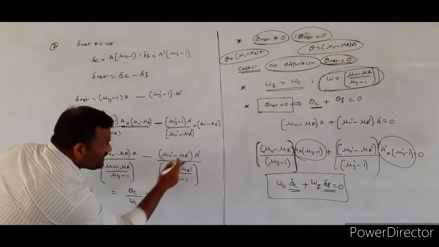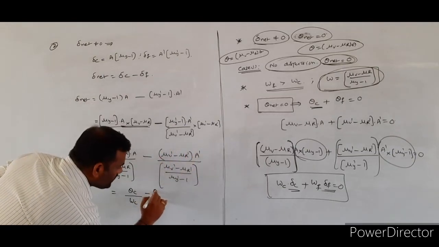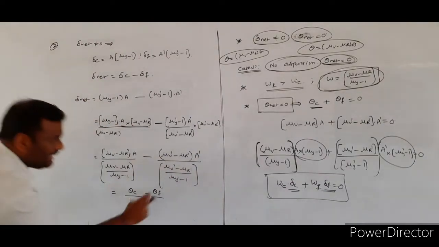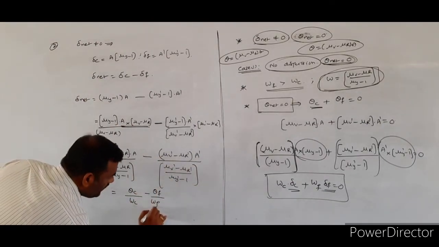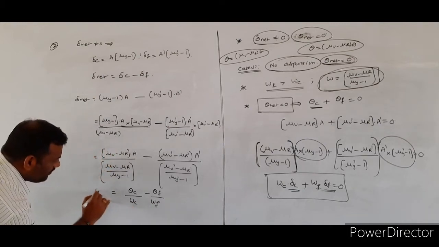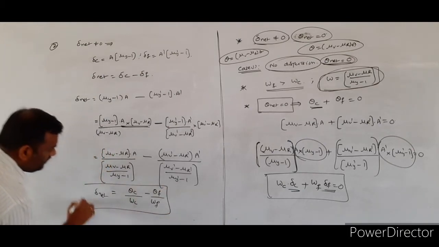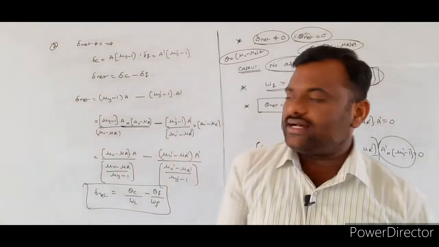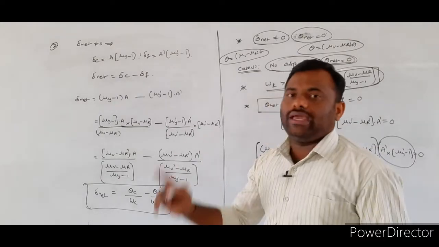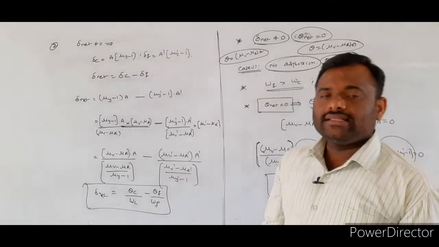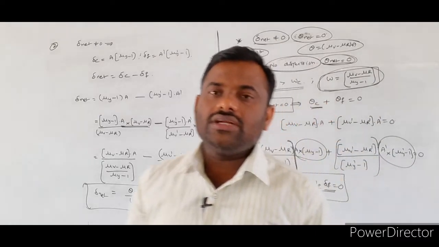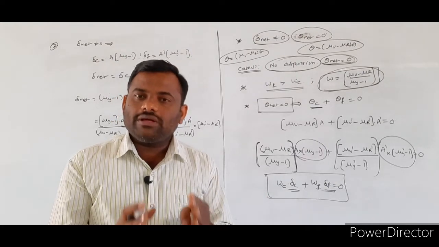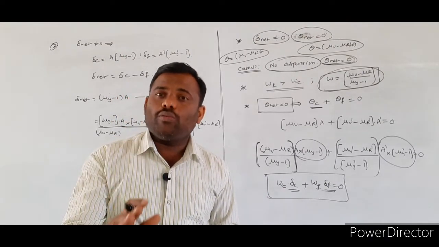Similarly, this term will be indicating what? Angular dispersion for the flint glass. This value will be indicating what? Angular dispersion for the flint glass, and this denominator term will be indicating what? Dispersive power of the flint glass. Therefore, net deviation is equal to theta c by omega c minus theta f by omega f. Like this we explained case 1, that is deviation without dispersion. So this combination of prisms is also called an achromatic doublet.